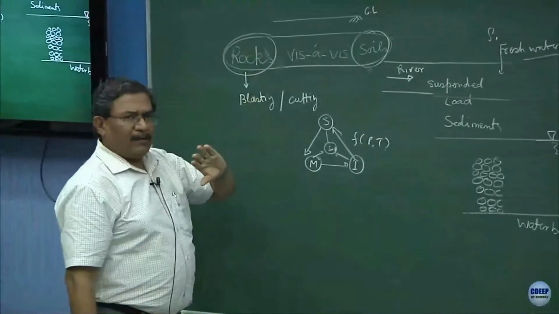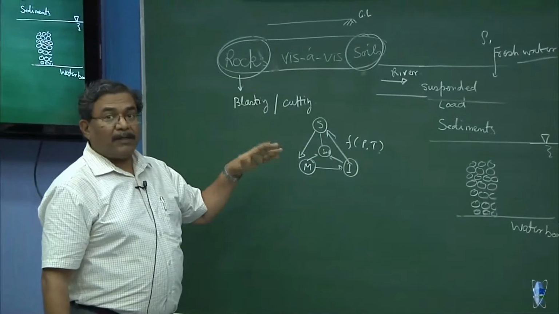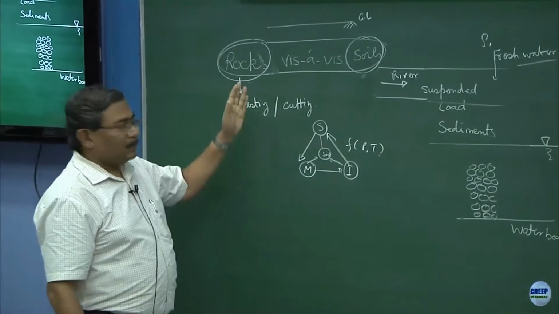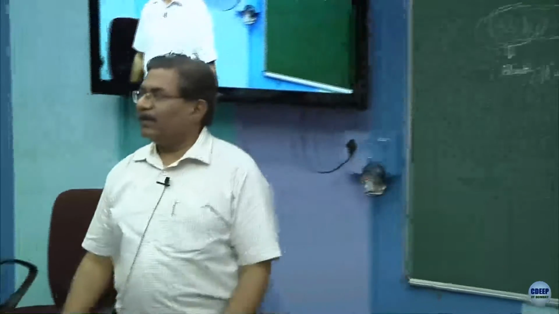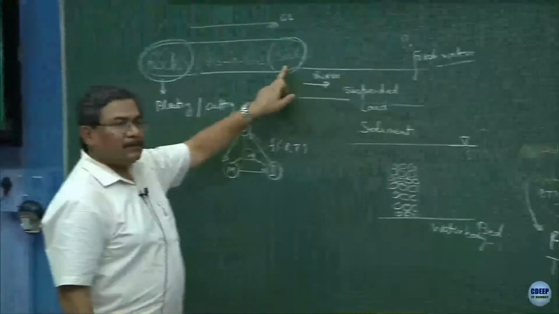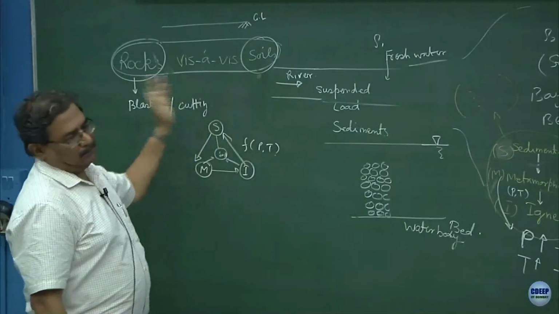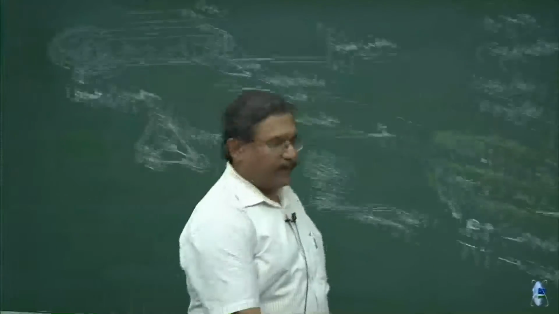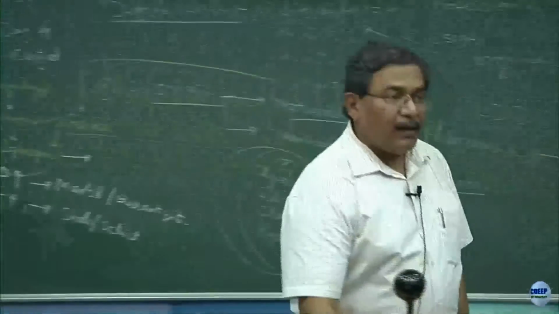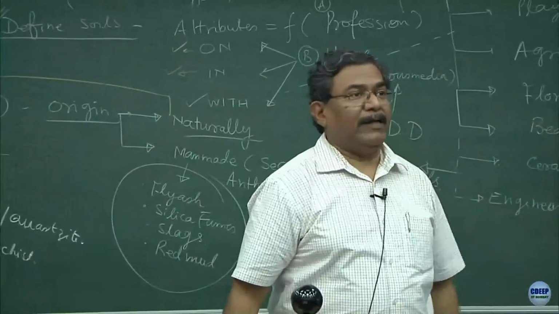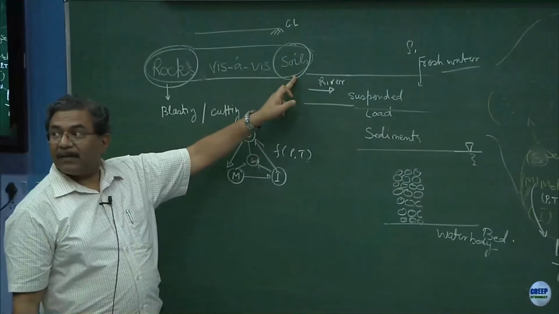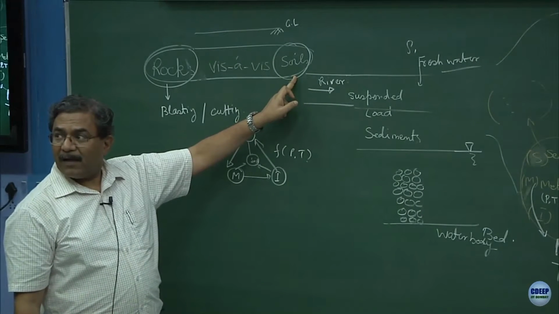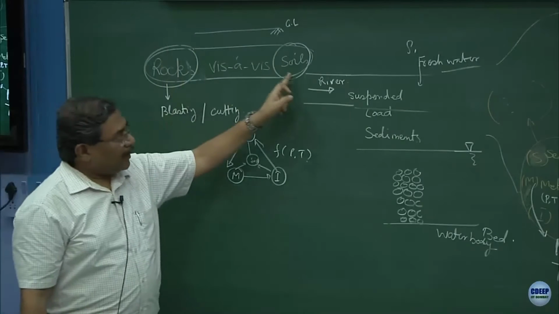Rocks are mostly, I can't use the word very smooth, because sedimentary rocks are not going to be smooth, clear. So they are basically made up of a stiff matrix, as compared to the soils. This is another way of differentiating, but it so happens that the mineralogy is going to be the same. Why? That is DNA. The linkage is going to be between the parents and the kids, genetics, clear. So the mineralogy of this system is going to be the same as the mineralogy of this system.